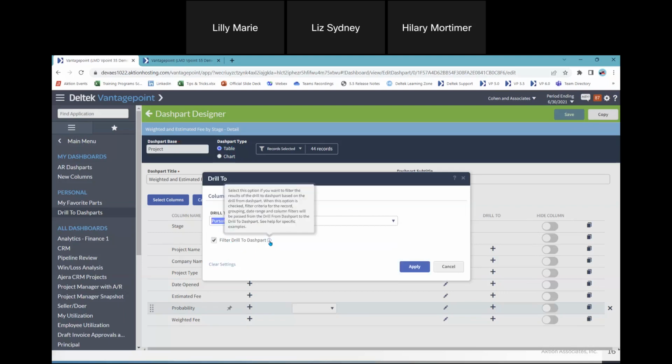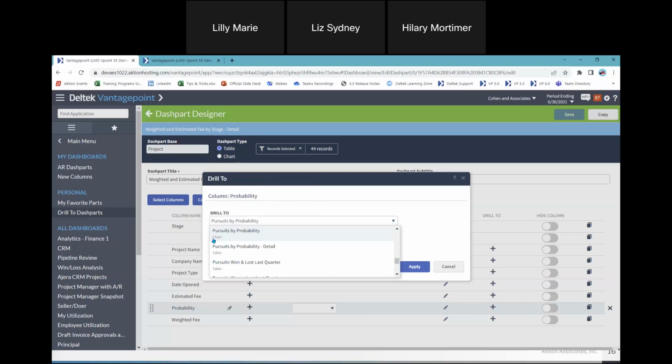And if you look at that little eye icon, it kind of explains what it's doing. It allows you to take the filter that's applied to your current dash part or table dash part and apply that same filter to the graphic or the, what is this? This is a chart. Yeah, it tells you right there which one it is. This one's going to be a table. That one's going to be a chart. So we're going from a table to a new chart. We're applying that same